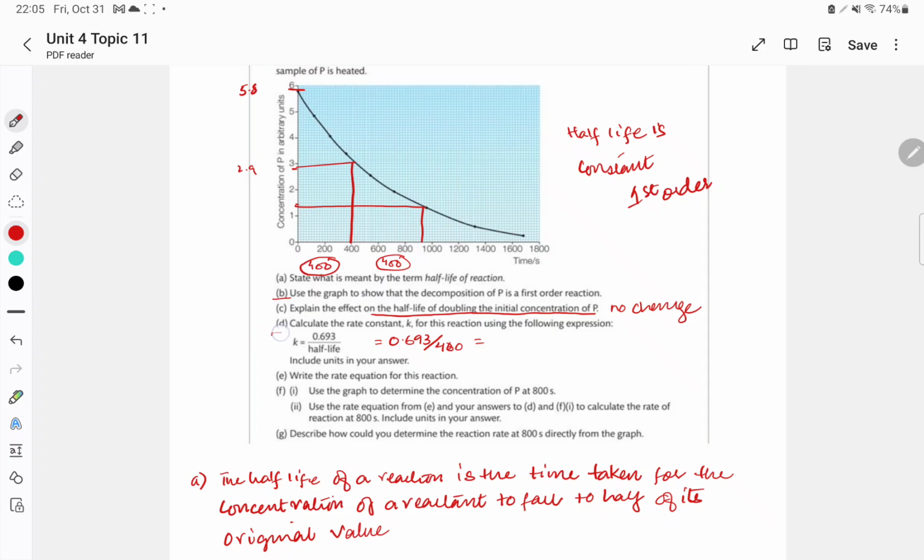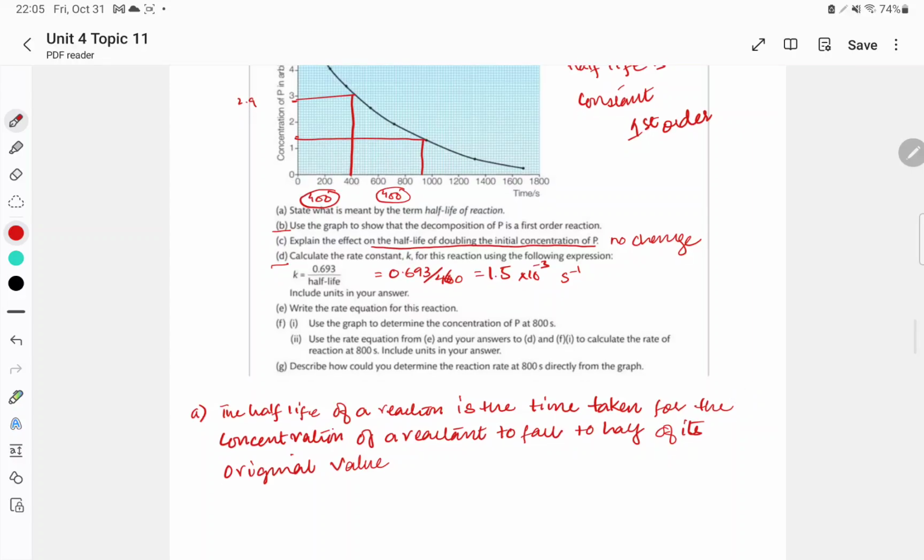Then we have another point, that's D. In this, the value of k is going to be calculated by placing the half-life over here, and then we get the value. Obviously it's going to be per second unit. Because this graph is not actually correctly visible, it's going to be 400, 460 around. So let's say if it's 460, the value is going to be, I think, 1.5 × 10 raised to power minus 3. So this is going to be the answer.